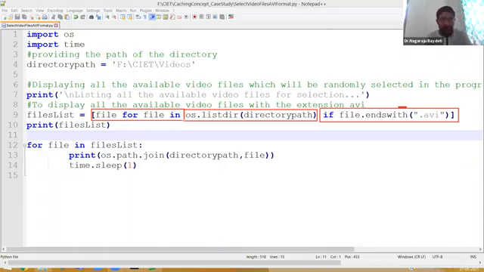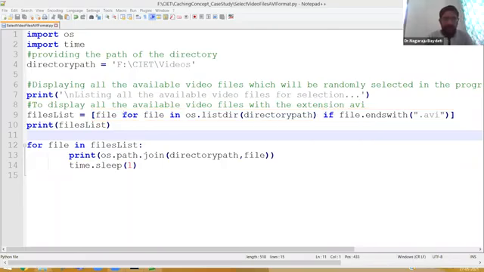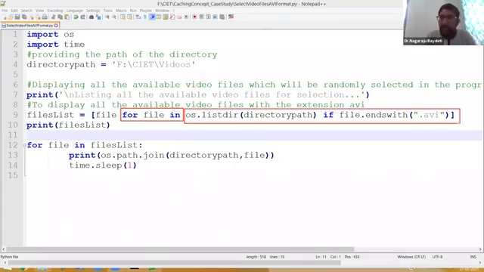Okay, so let me start from here. For file in, that means take each file from this particular directory path, and if it is ending with .avi, take that file and add it to the files list.